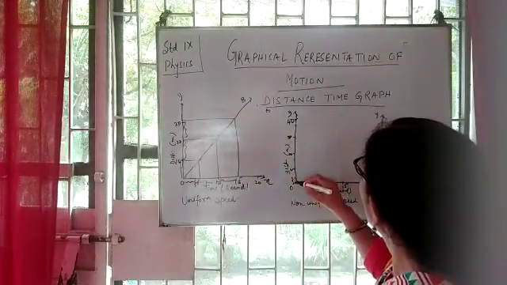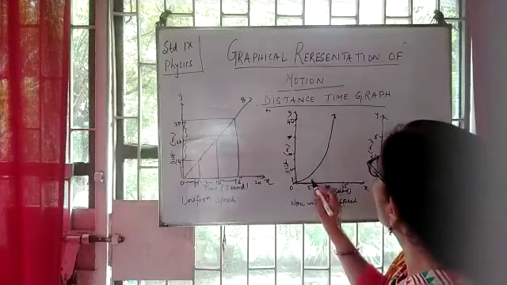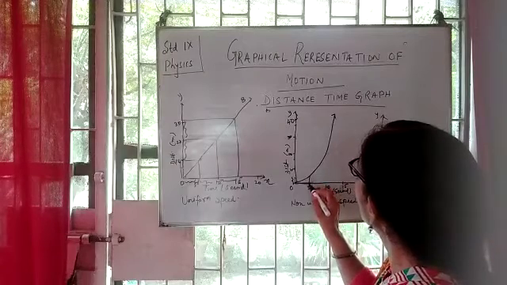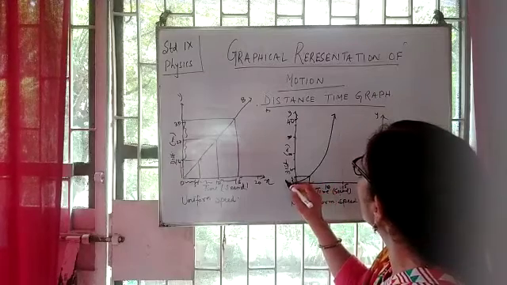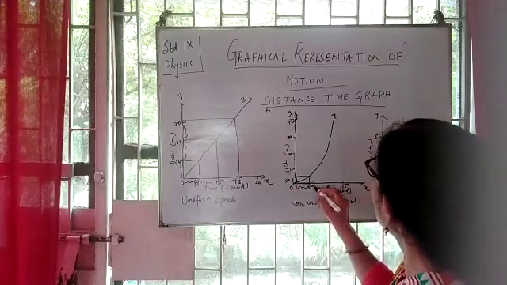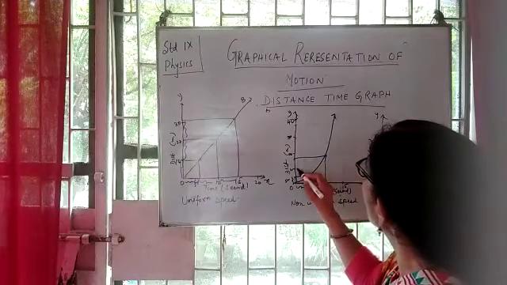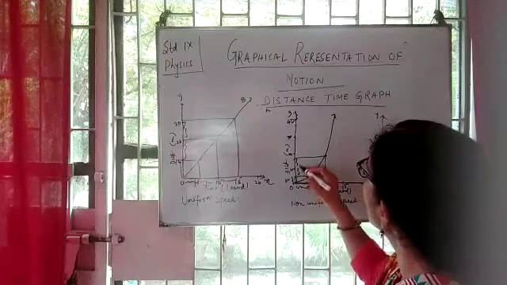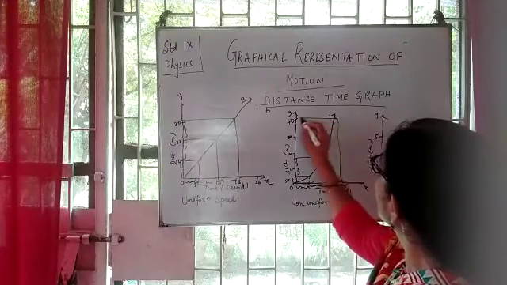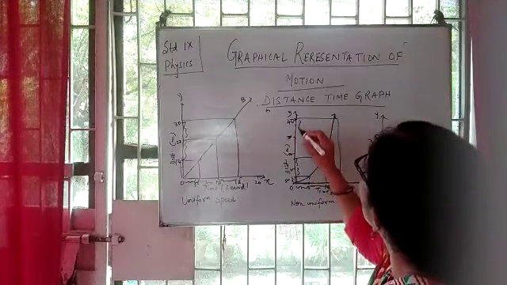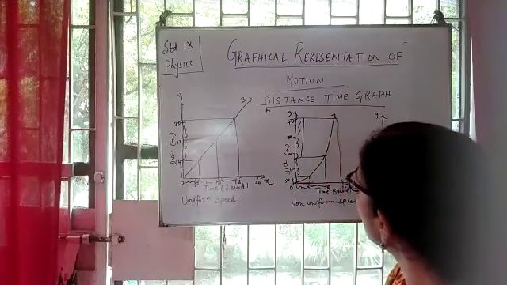Now you see, this is again a graph. Now here you see, in the first 5 seconds, this is a time interval of 5. The object has covered a distance of say 5 meters. And in the next 5 seconds, the object has covered a distance of say, this is 5 and this is say 7, that is 12 meters. And in the next 5 seconds, the object has covered a distance of, this is 10, this is 10 and this is 3. That is total distance is 23 meters.